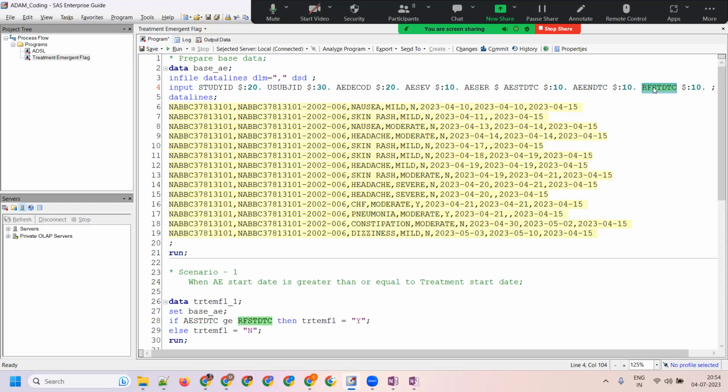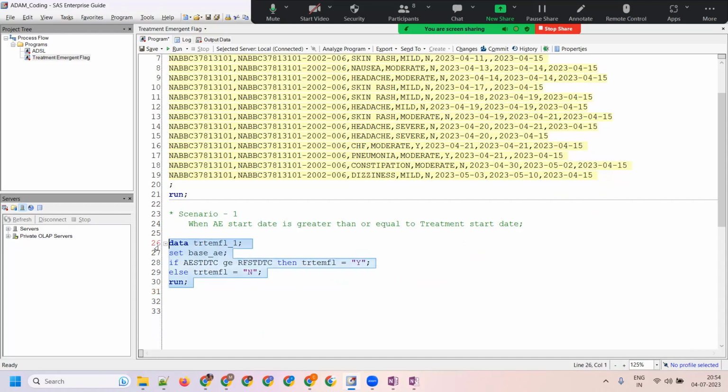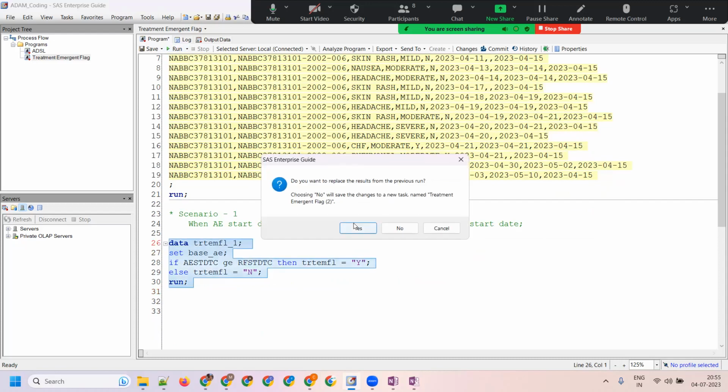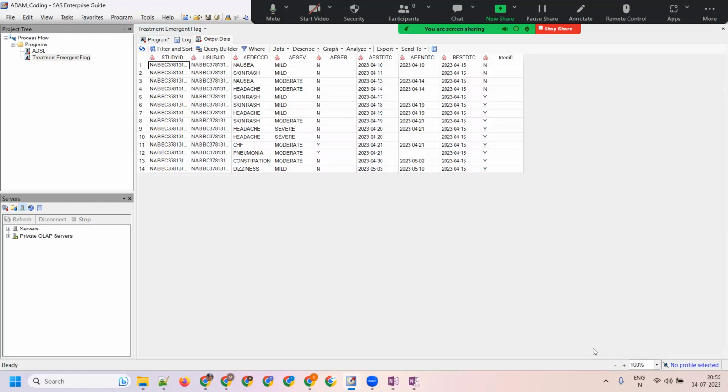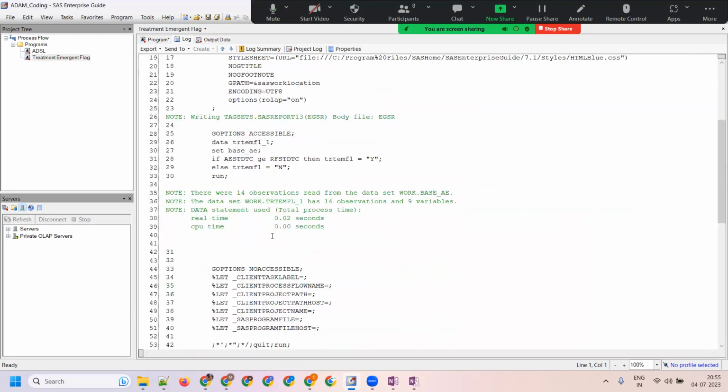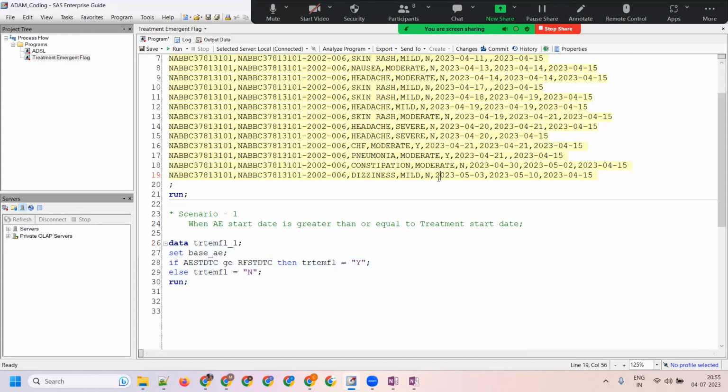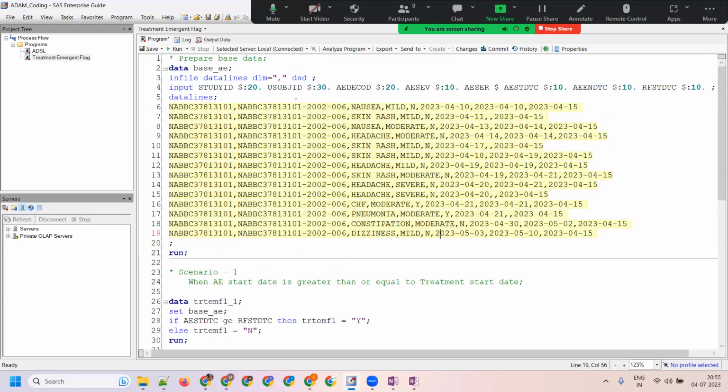Even if you run this particular one without converting, it has the capability, because SAS can do that. But you need to remember one thing always. Since this is going to be part of ADaM, I need to take start dates and end dates as different ones, in numeric. Either you can convert them into numeric and keep it as a variable,